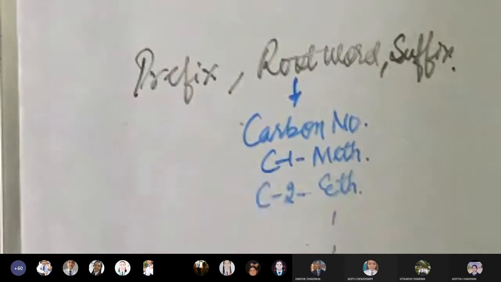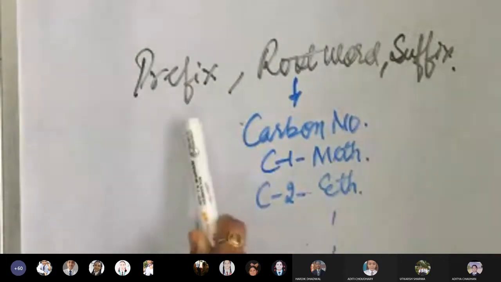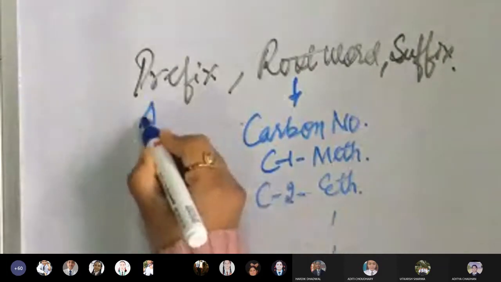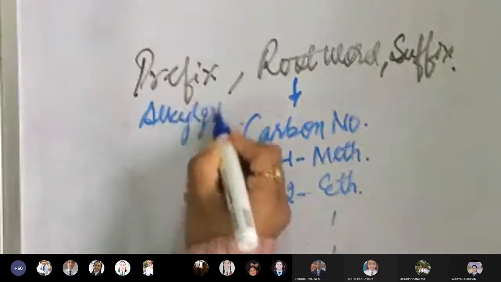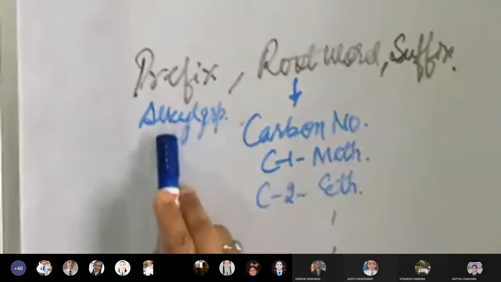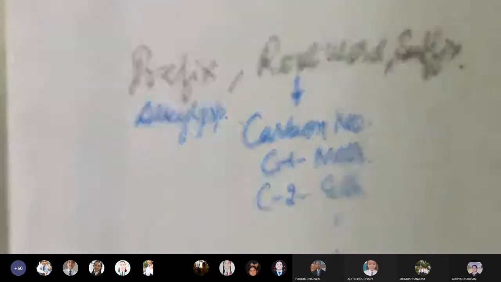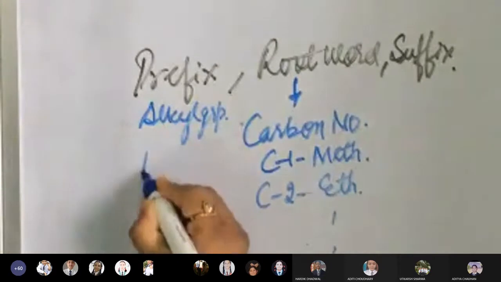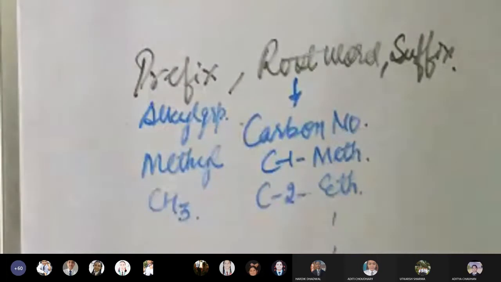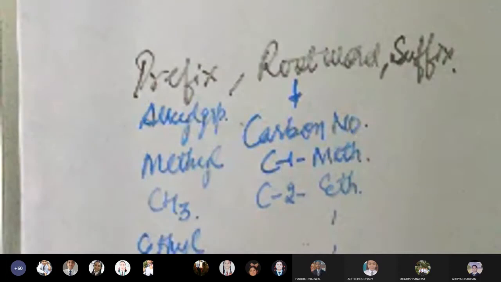Then prefixes, that is, the name of the compound should start with this. So whatever organic compound name you are writing, it will start with the prefix. And prefixes are generally what? Alkyl groups. If anybody doesn't know what an alkyl group is, I have already told you, from an alkane you minus one hydrogen, that will give you the corresponding alkyl group. So the alkyl groups commonly used are these. One is methyl, whose formula is CH3. Another is ethyl, because it is made from ethane, so its formula will be C2H5.